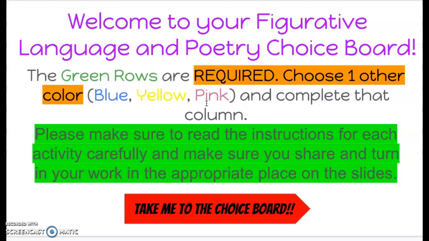Everybody, so this is just a quick walkthrough on how to do your figurative language choice board. I'm not going to go into super detail about any of the assignments, just how to navigate your choice board. As you can see, it's pretty straightforward. If you could see the list of slides, you'll see that there are several slides, but I